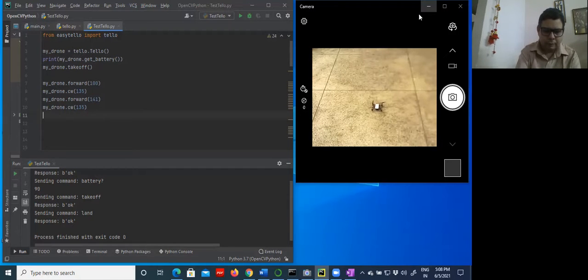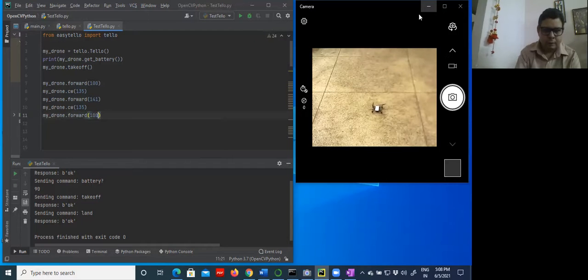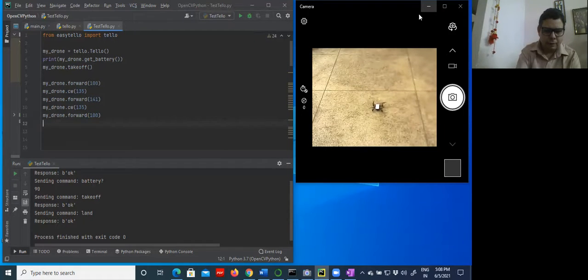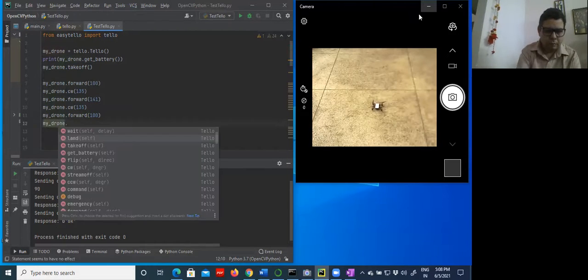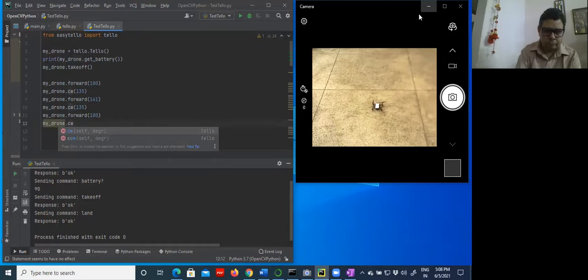Then again we will start with my drone dot forward by 100 centimeter, and then I will turn it towards the original direction in which it had started, at 90 degree.